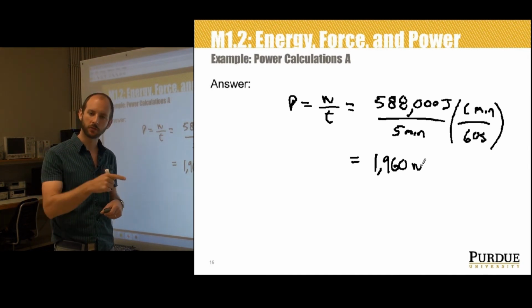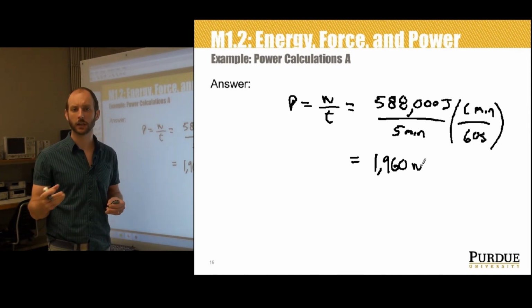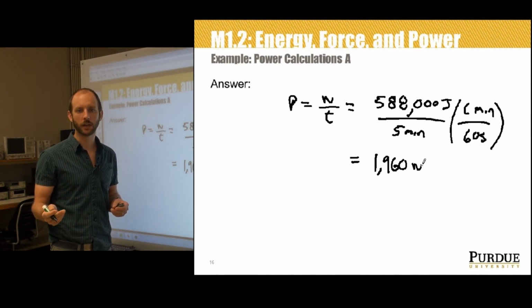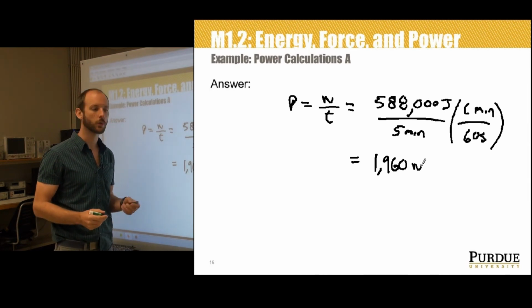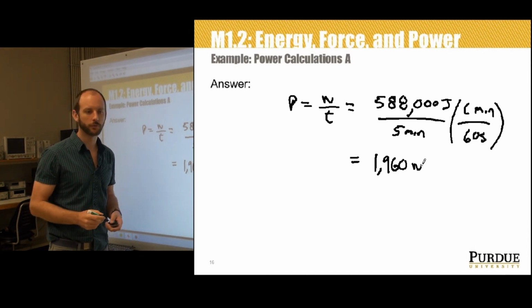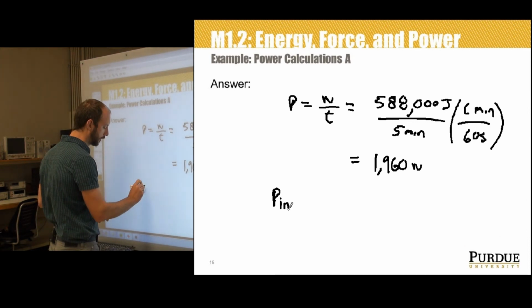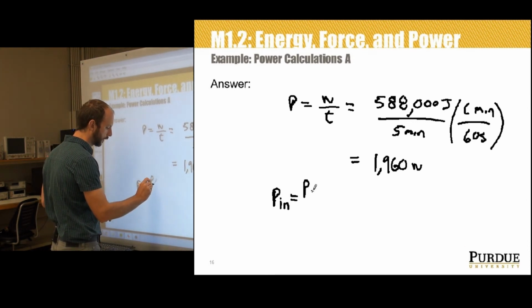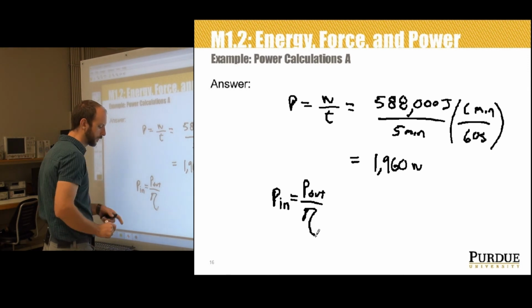But remember, there's an efficiency rating of the pump. The pump doesn't convert all of the electrical energy into mechanical energy. We said that it had an efficiency of just 75%, which would actually be pretty good. So we need to calculate that. The formula for efficiency: the input power is equal to the output power divided by the efficiency rating,